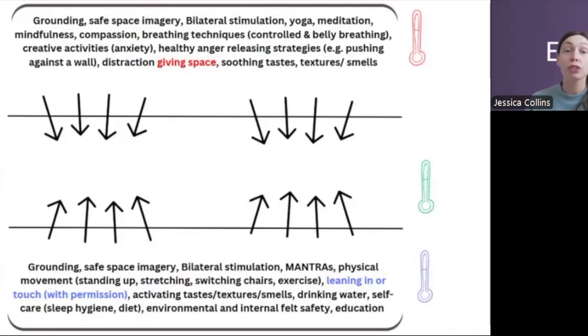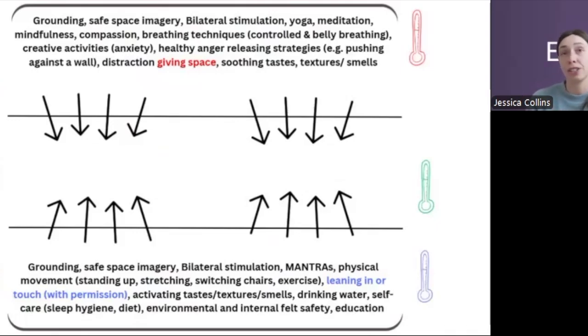In terms of slowing down, so when someone is in hyperarousal, remember they're in a fight or flight mode. So their heart's racing, their thoughts are spiraling, they're full of anxiety, energy, rage, panic, and their system needs to slow down. So what we need is to be able to communicate to their nervous system a cue of safety, to tell them that, thank you, nervous system, I know that you're trying to keep me safe by initiating a fight or flight response, but it's okay, we're safe now.